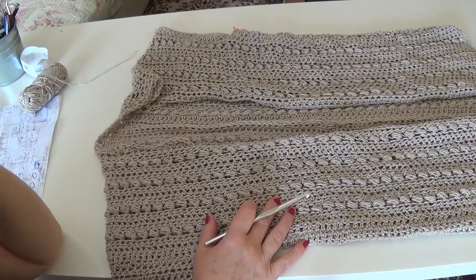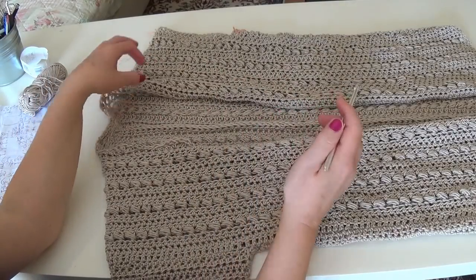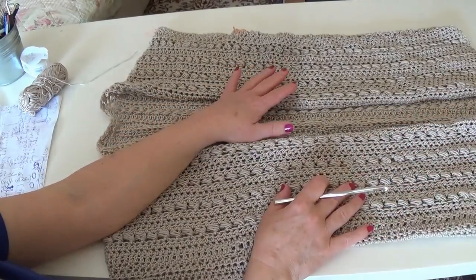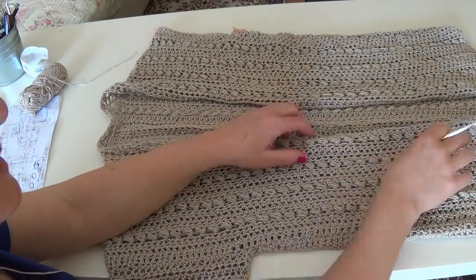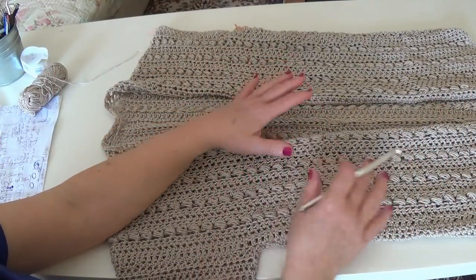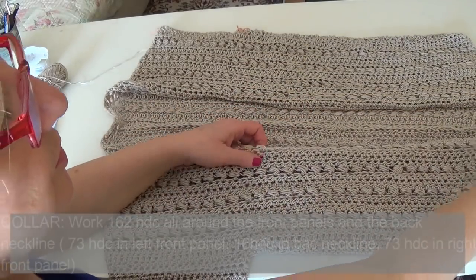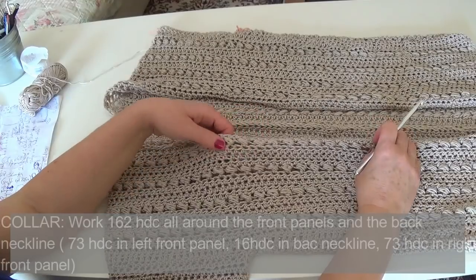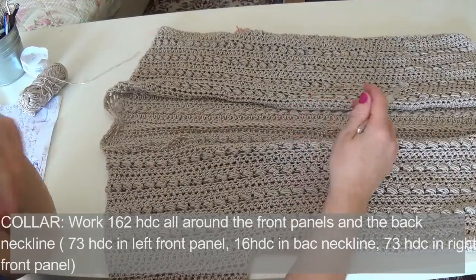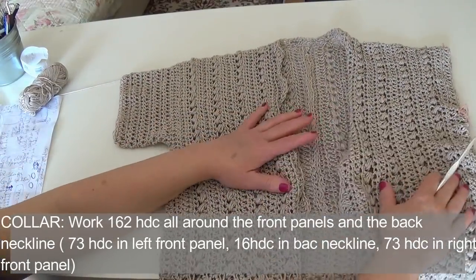So it's time to add our collar and this wavy edging, and we need to do this because our front panels are less wide than our back. So when we are finished sewing the cardigan, we can see this opening. I do not make a very wide edging here, because I don't want a cardigan with a bottom band, I just want it